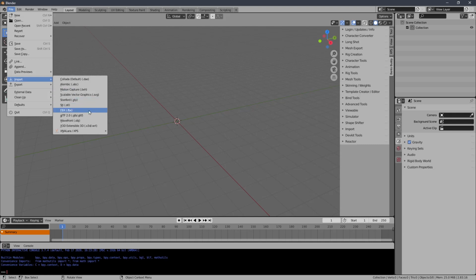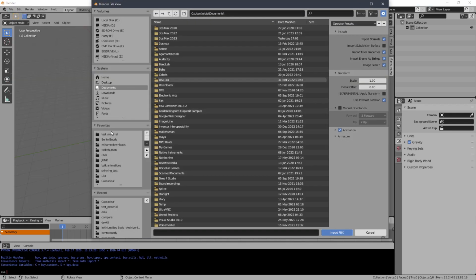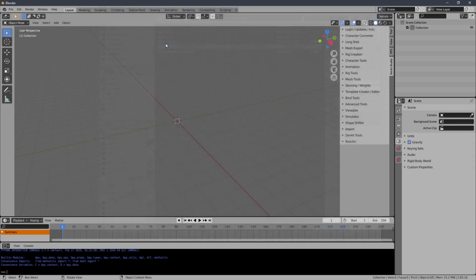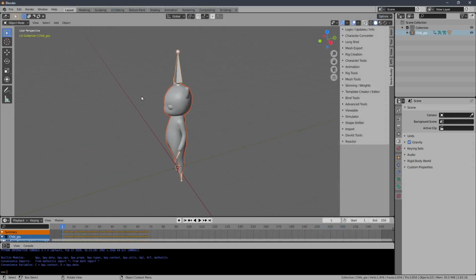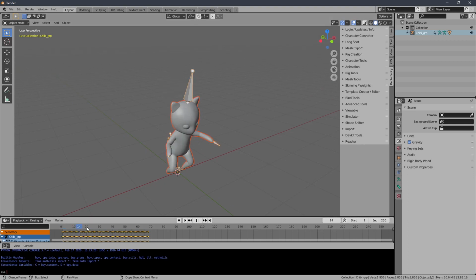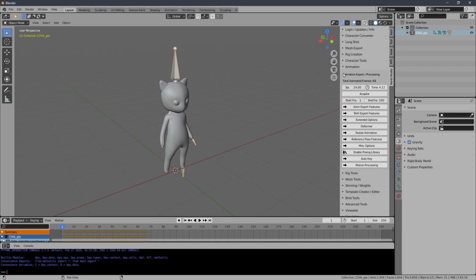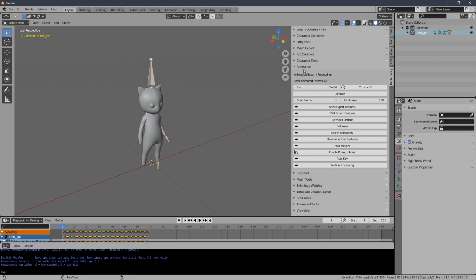Let's go get our FBX. That's not it. You don't have to change anything in the import area. Alright, so that works. I need to export the mesh and I need to export the rig. So let's do, not the rig, but the animation. Let's do the animation first. I need to load